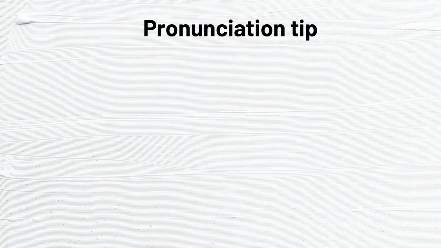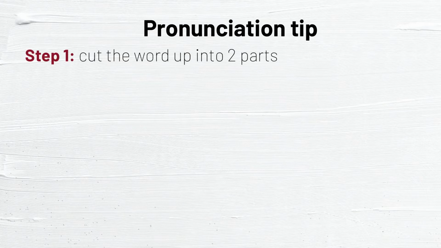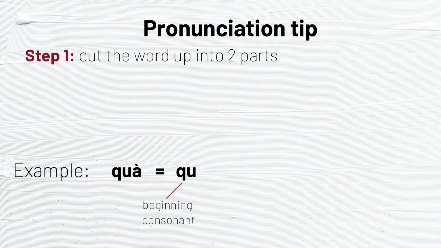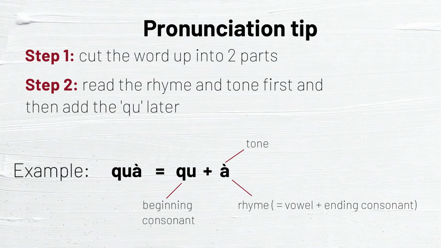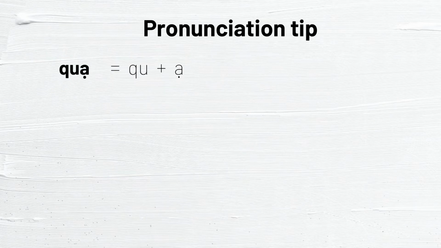Now, let's move on to how to pronounce words that begin with this consonant. If you are not good at pronouncing Vietnamese words yet, I suggest you do these two steps. Step 1. Cut the word up into two parts. One is the beginning consonant, which consists of the two letters Q and U. The other is the rhyme and the tone. Step 2. Read the latter part first, which is the rhyme and the tone, and then add the beginning consonant to complete the word. For example,